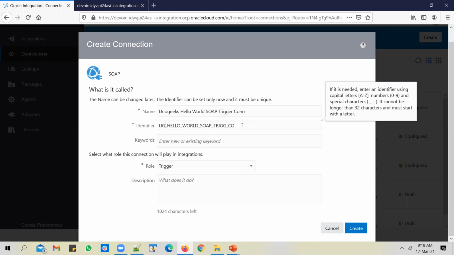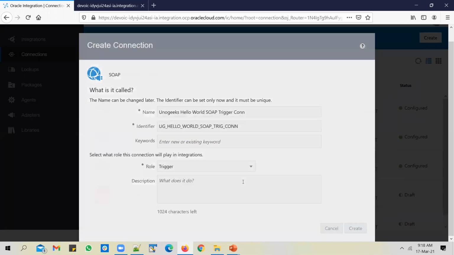I'll just rename it to UG, and click on create.